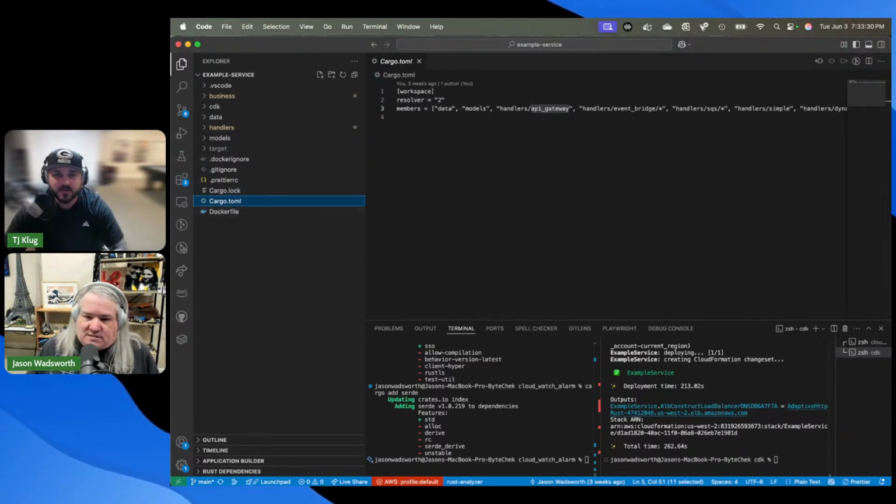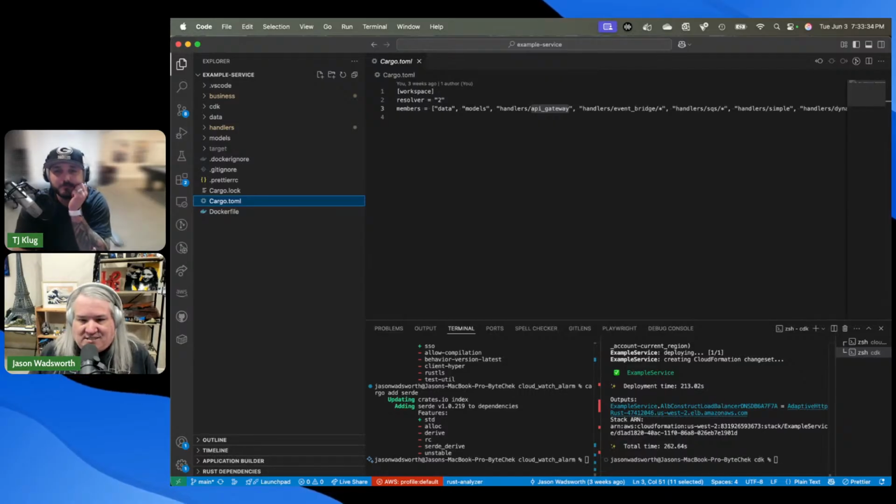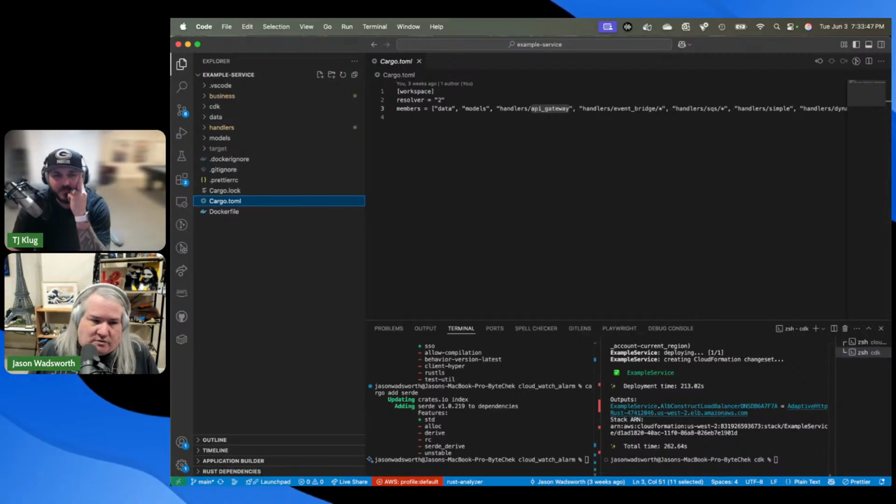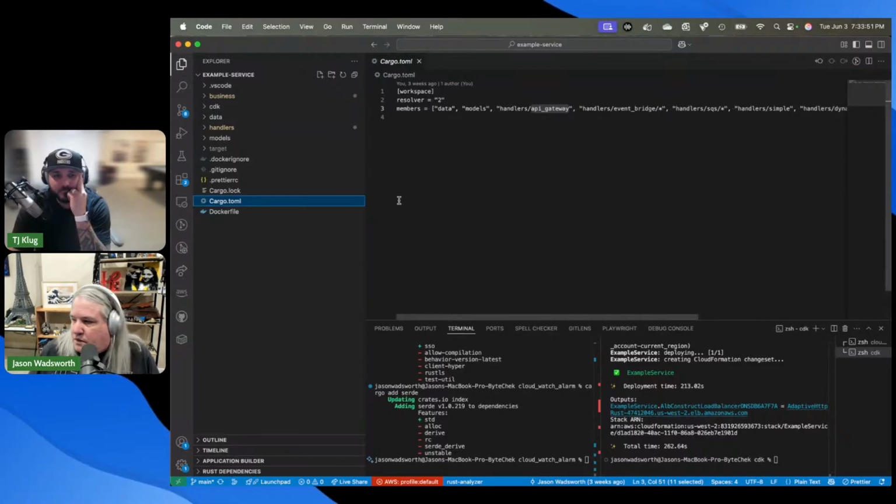So what ends up being interesting is Cargo is something you'll see all over the place. Cargo is kind of like their packaging system. You'll see Cargo Lambda, which is an extension that's used for running Lambdas in it. But Cargo is their thing, and if you think of this sort of like your package JSON. I mean, it's even got a lock, right? Exactly, it has a lock.